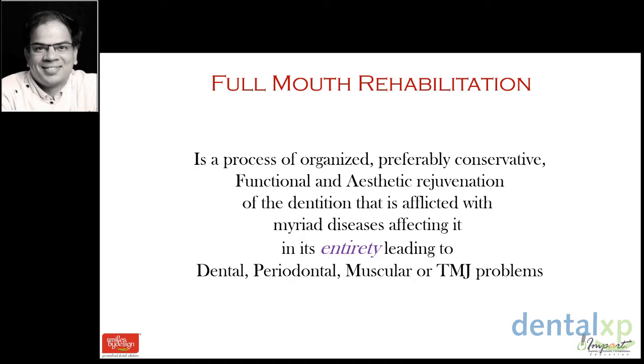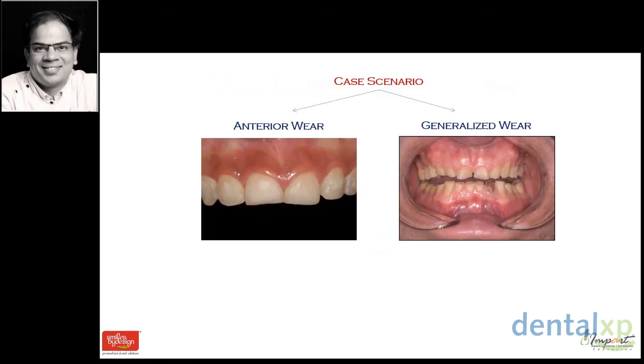It could be perio disease, it could be erosion, it could be severe attrition and a totally worn down dentition, or it could be a patient with an intact dentition but with severe TMJ problems. All these get encompassed within the parameters of the subject of full mouth rehabilitation. This lecture by no way is a comprehensive guide to this vast subject. It's just an overall view as to what systems we follow in our practice.